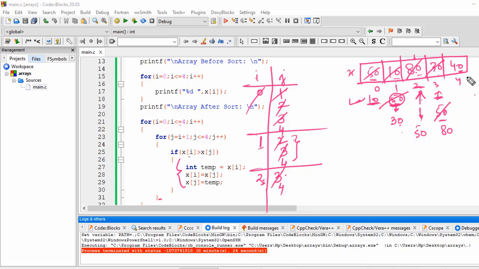This 50 is compared with this 40 now. Out of these, 40 is smaller, so again swapping will take place. It will again move in this if block. 40 will come here and 50 will come at last. Now again we have reached the last position. So this time j is not less than or equal to the limit, this condition will be false, so increment will take place to this i again. i will become 3,